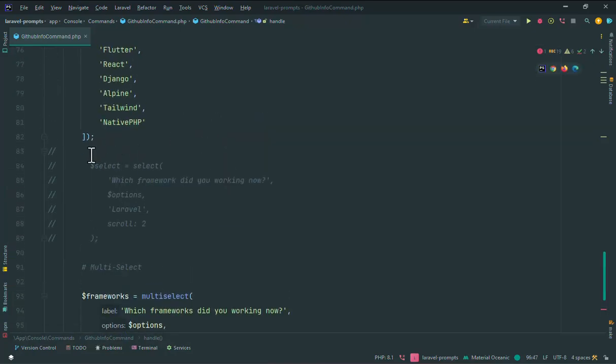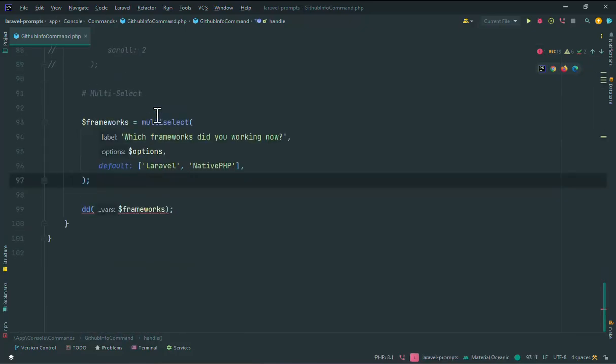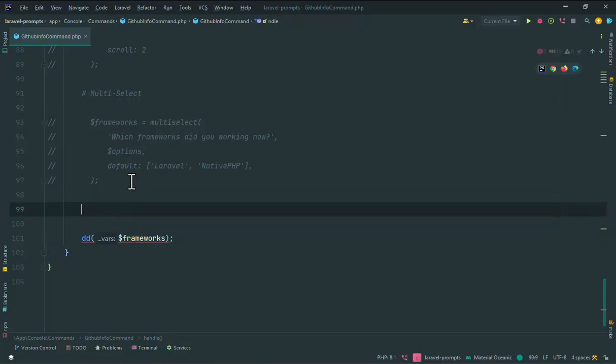It's similar to the select helper, but the multi-select is about selecting multiple items. If you want, you can use a multi-select. So the next section is about the